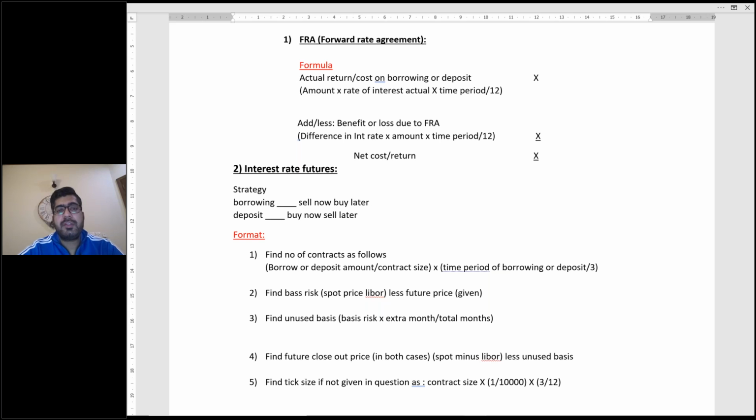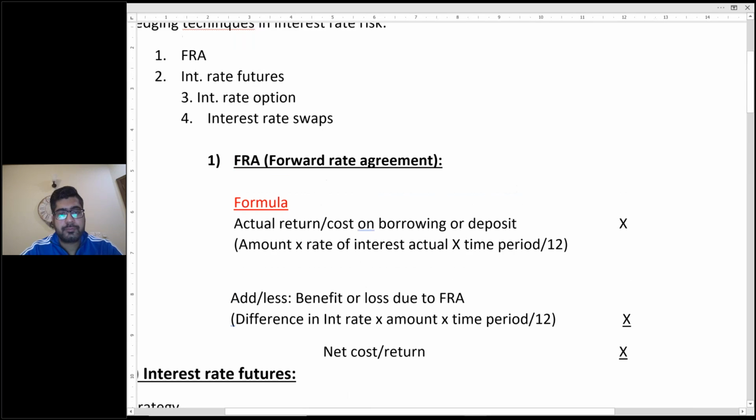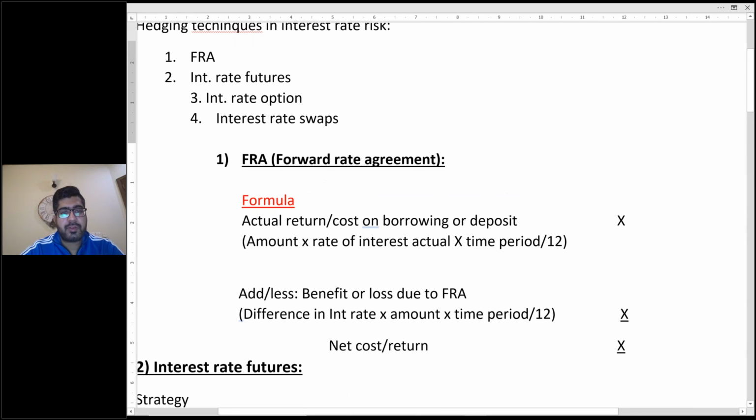Now, how to deal with FRA in the exam? The format of FRA is in front of you. And if you want, I will send this format here after the class or on your WhatsApp group. Okay, whatever. The format of FRA is that you need to take